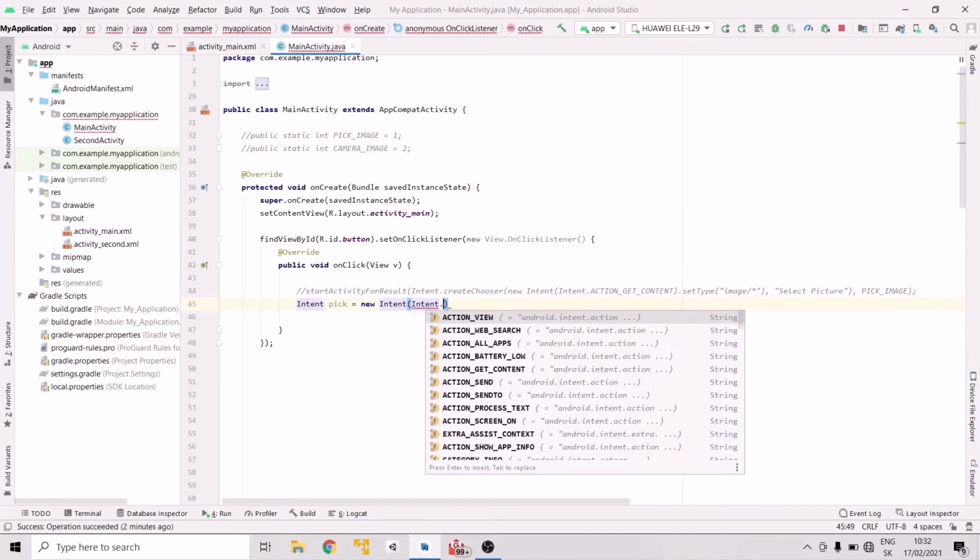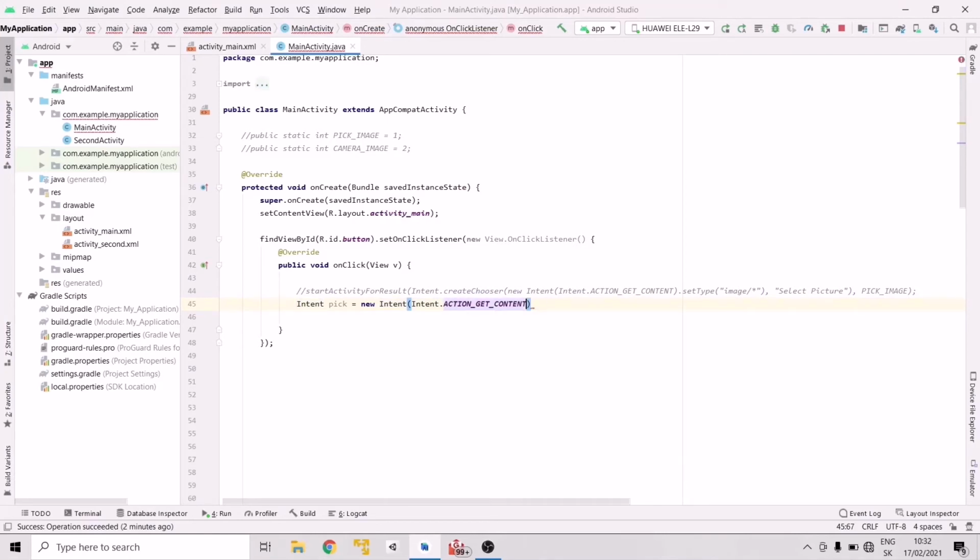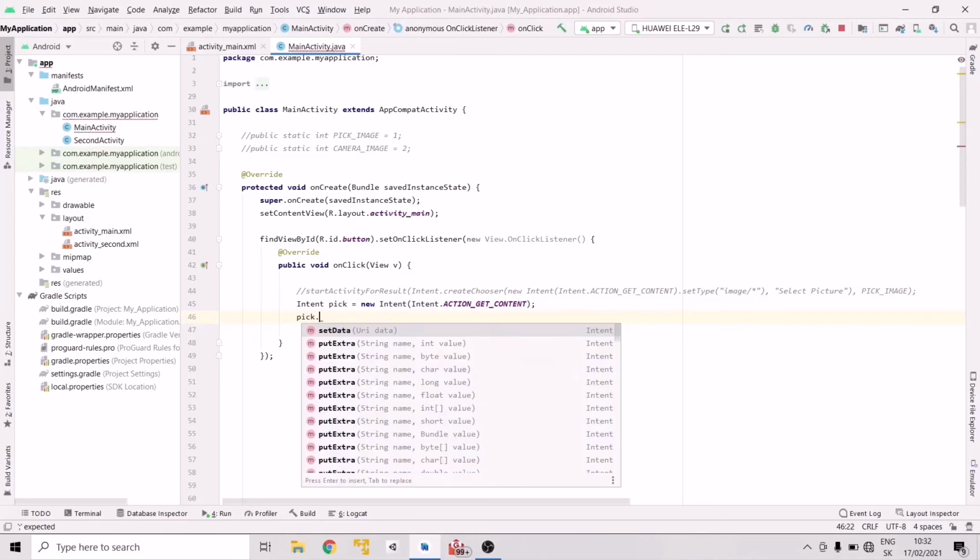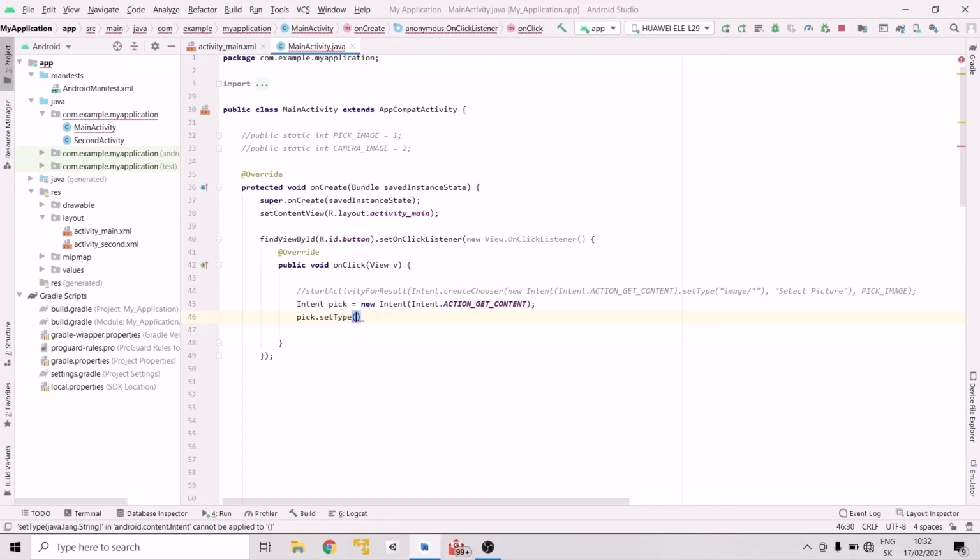So Intent.ACTION_GET_CONTENT. Next, we can specify the type, so pick dot set type, and it should be an image, every image from